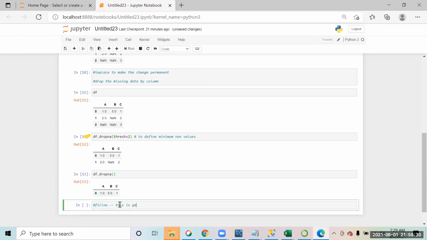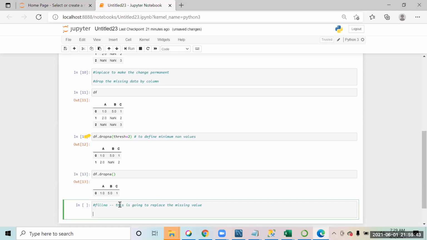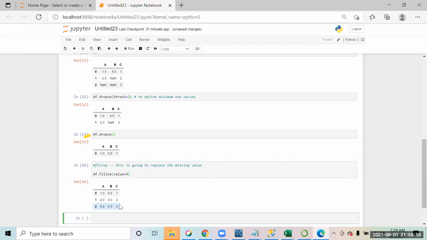This is going to replace the missing values. For example, if I say df.fillna, wherever there is an NA value, I am saying value equal to 0. So see, wherever there was a missing value, it is now being replaced by 0.